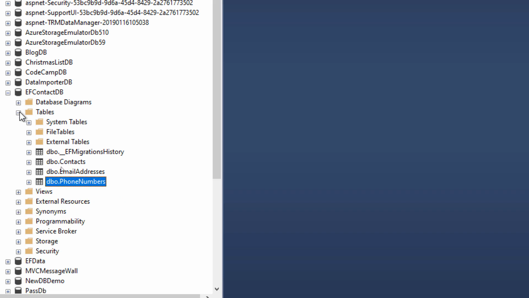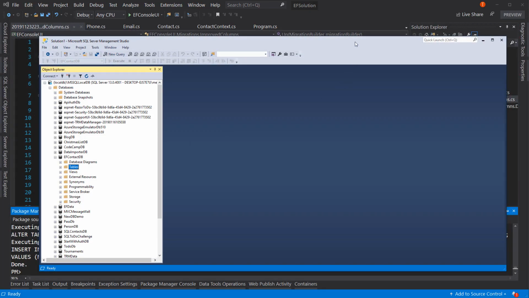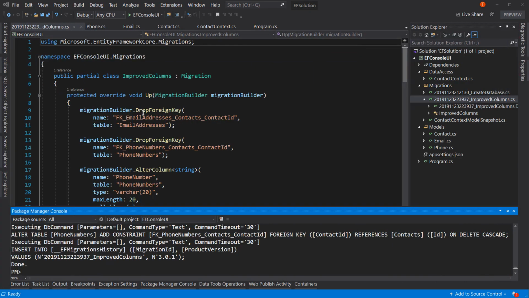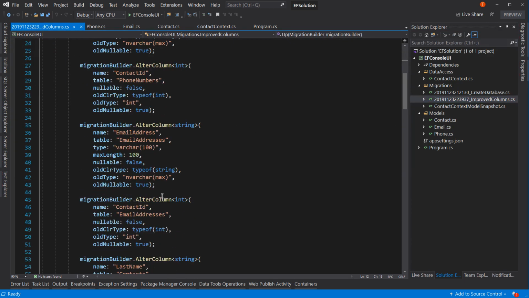So now we have a database that's a little better structured for what we want designed. But notice now over here, we also have multiple migrations. So we have even more code to review and maintain to make sure that this code is correct. Okay, so to review this code, make sure